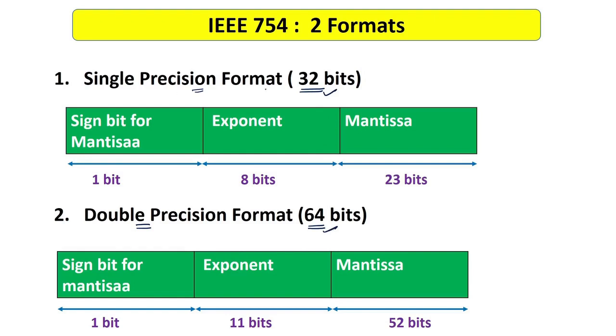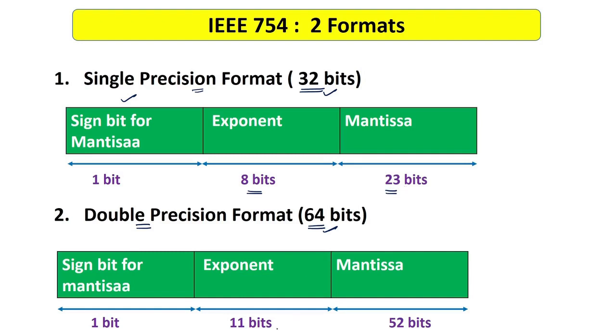Now single precision format says we have 3 fields. The same way, double precision format also says we can store your floating point number in 3 fields. In single precision format, the first field is reserved for storing the sign bit for the mantissa, the second field for the exponent, and the third field stores the actual mantissa part. In double precision also the same thing is there. The difference is how many bits you are using to represent the exponent and the mantissa. In single precision format, we have reserved 8 bits for the exponent, and for storing the mantissa part we are taking 23 bits.